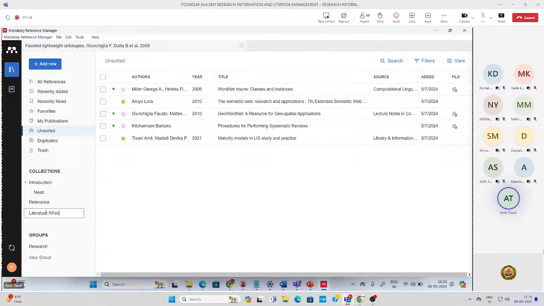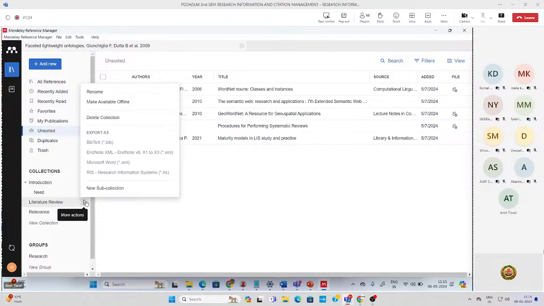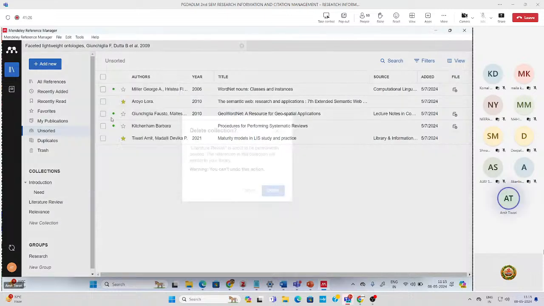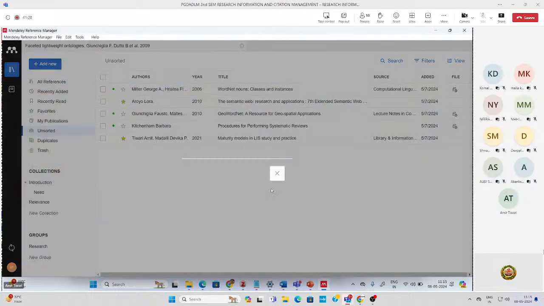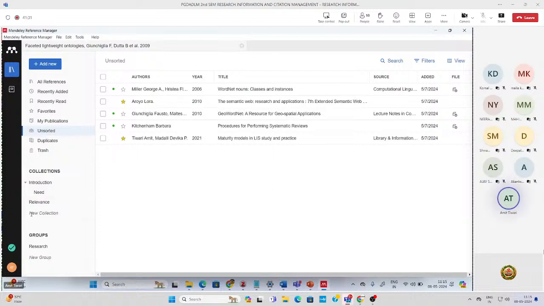Wait, I have to take this, add another collection. Because it is okay, it is a new collection. Okay, then in addition to that, you can add groups. Groups in the sense,